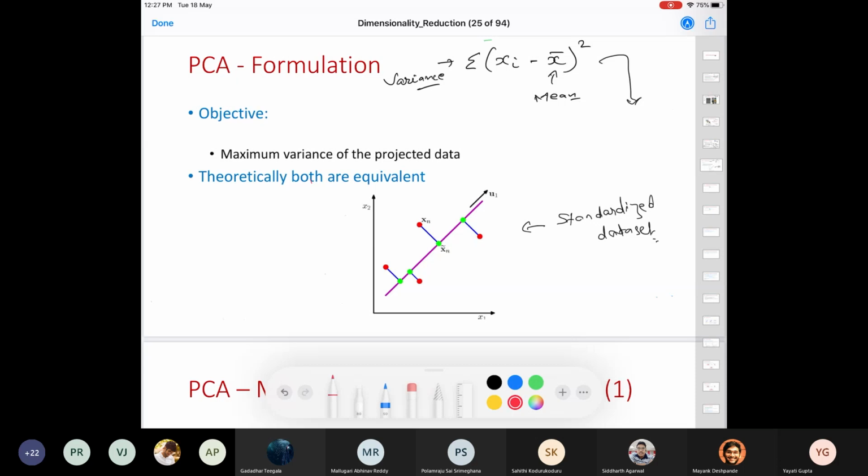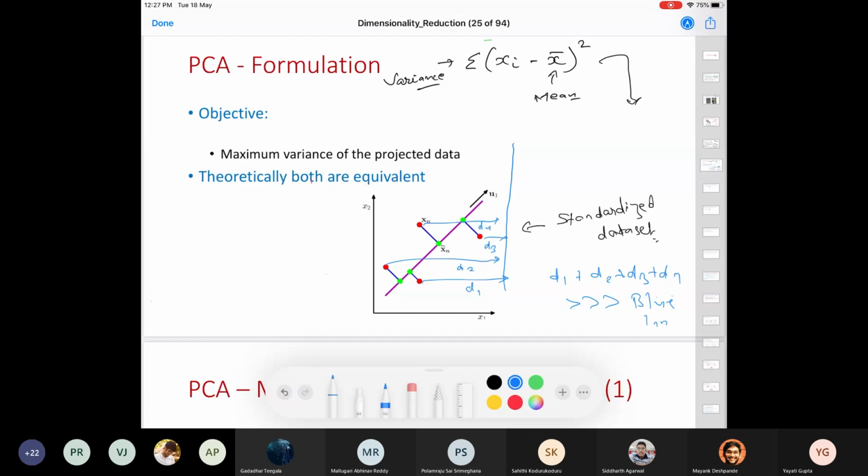Now, when we were discussing which line minimizes the projection error, I gave you an example that this could be another line. Think about this: the line which best fits your model, compared to this line. If you project these data points onto this line, obviously these distances D1, D2, D3, D4, their sum, D1 plus D2 plus D3 plus D4, is much higher than in the scenario of this blue line.